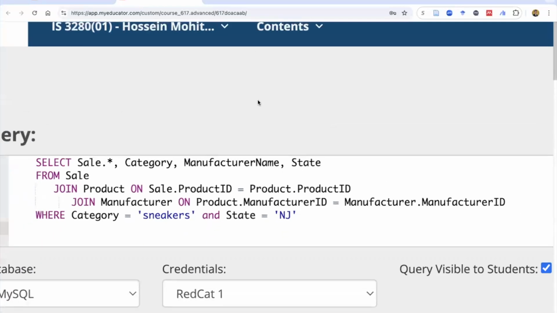So right now we can see that we are going to have all the columns from the sale table. Am I right? Because sale.asterisk means all the columns from the sale table. Category, manufacturer name, and state from whichever table they are related to. We are not mentioning from which table, because in our data set, state is only available in the manufacturer table, so we don't need to mention it. From the sale table,